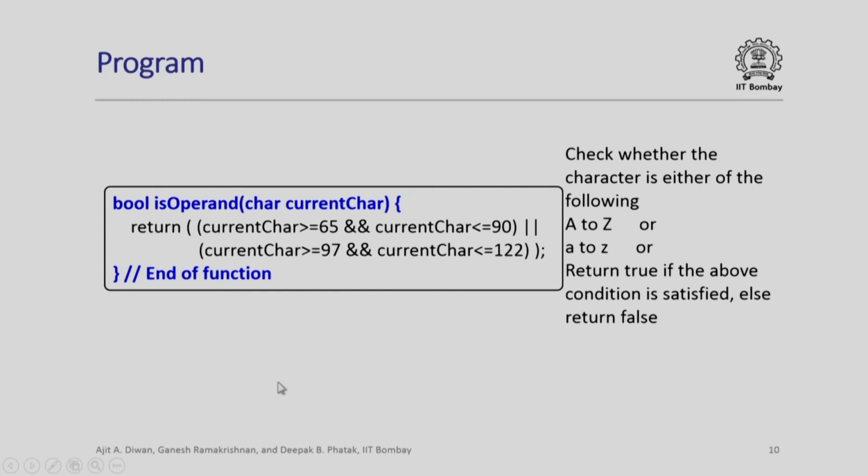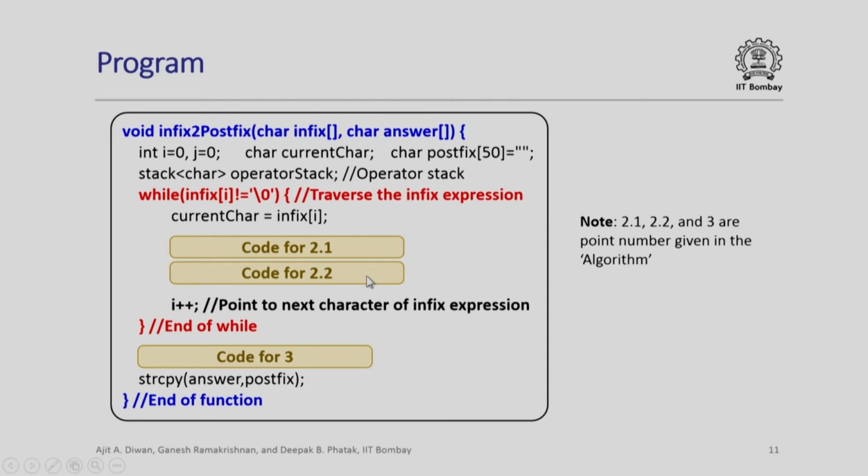One more function that we need is to check whether a particular character is an operand. The current character is given. We have assumed that the operands will be single character variable names, capital A to Z or small a to z. All that this small function does is check whether the character is within this range. If it is, then it is truly one of these characters, otherwise not. Notice a simple return statement is used, and if these conditions are true, the function will return true. If any other character comes here, it will return false. A simple implementation.